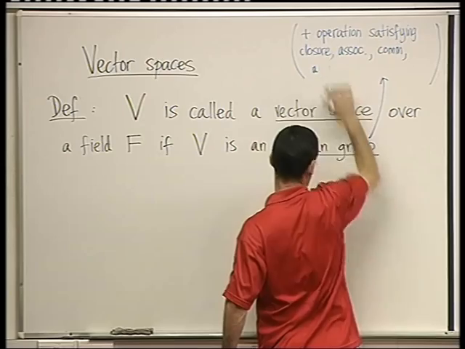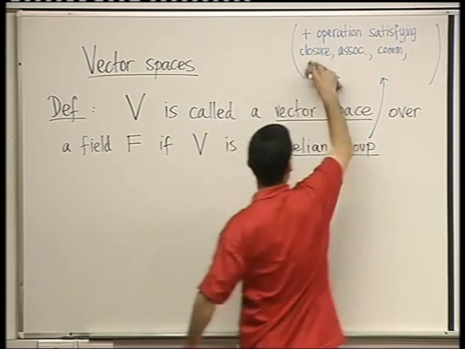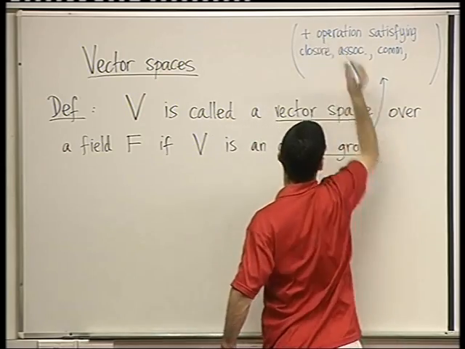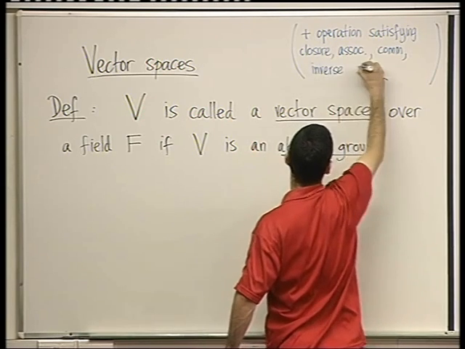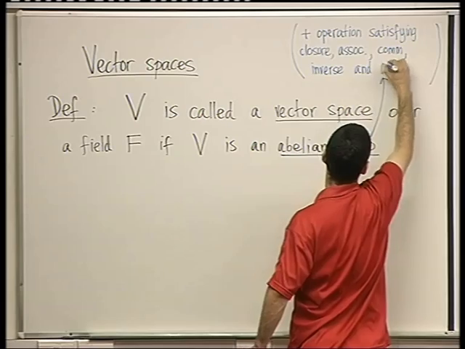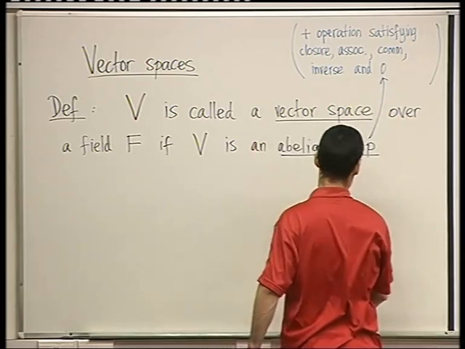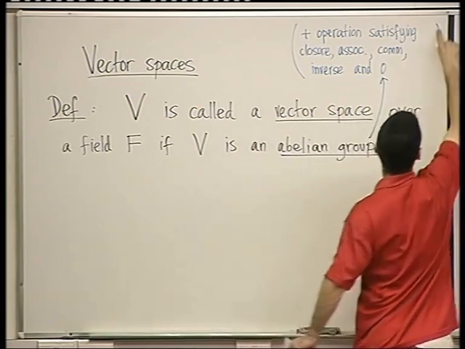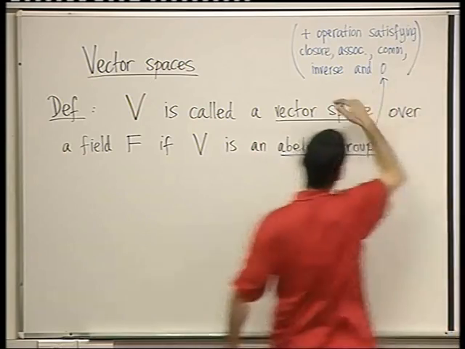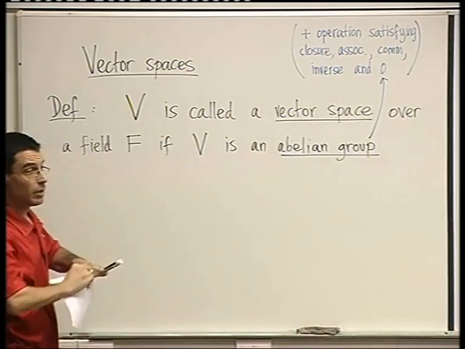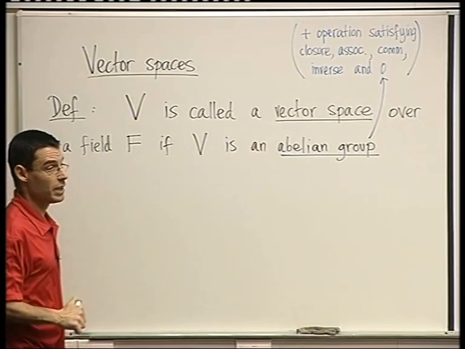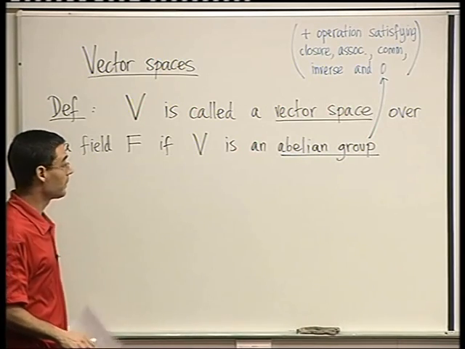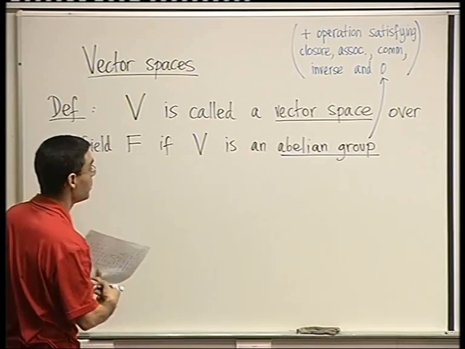Additive inverse, well, it's just additive, so plus inverse and 0. Okay, so is it clear what I'm indicating by this? Okay, it's really properties 1, 3, 4, 5, and 6 that we saw in Rn. Okay, so it's an abelian group